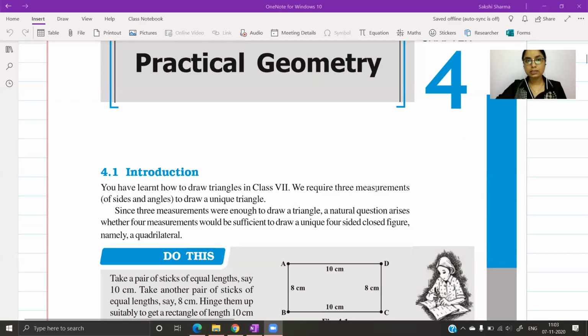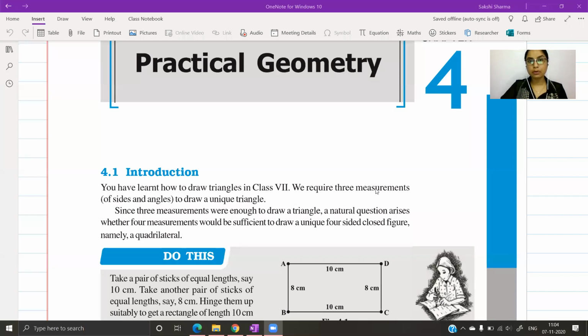We have completed third chapter. We are going to do chapter number 4. Once again, I would like to remind you to go over all the types of quadrilaterals and revise the properties. In case you have any questions from the last exercise, you can just let me know.